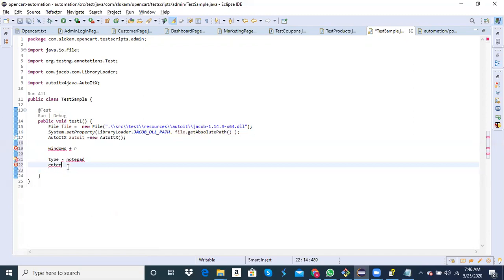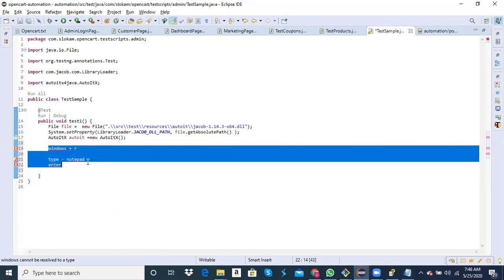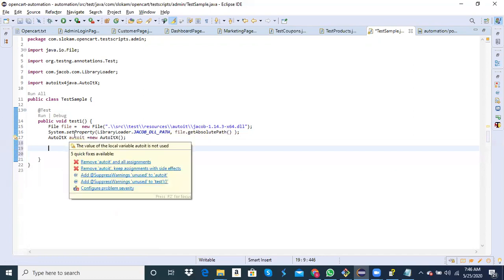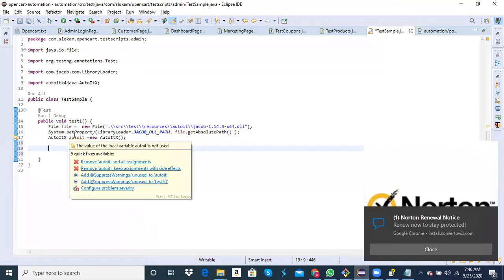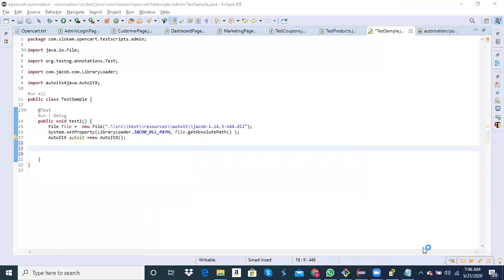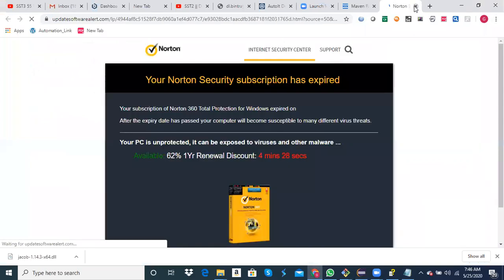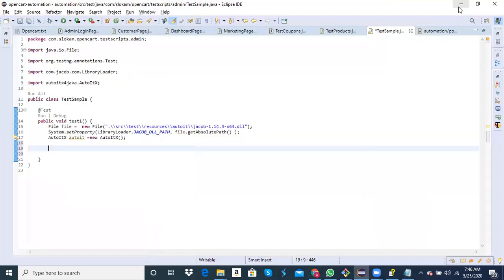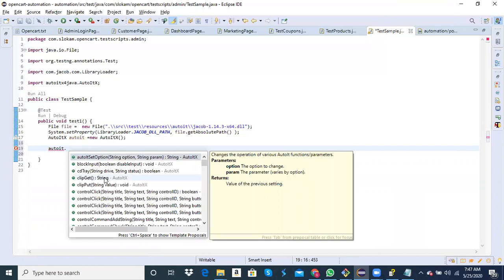AutoIt has some methods, let me remove this. Just like Selenium has methods, AutoIt also has some methods for you to perform operations. AutoIt dot, you have all these options.